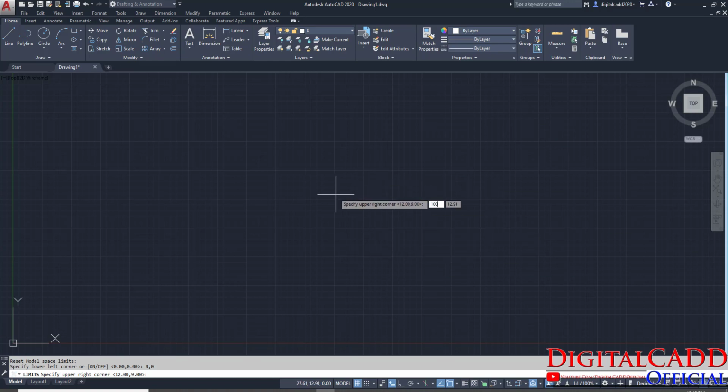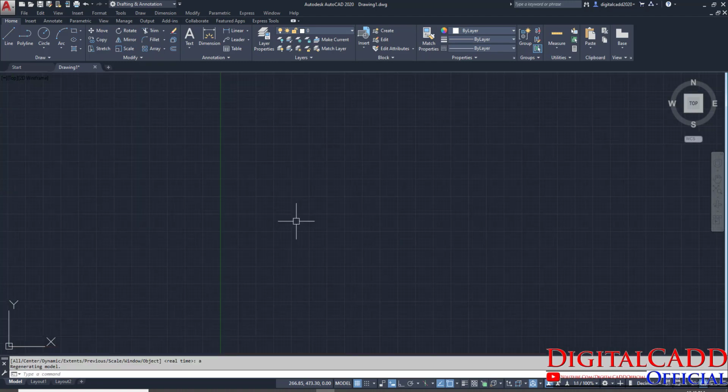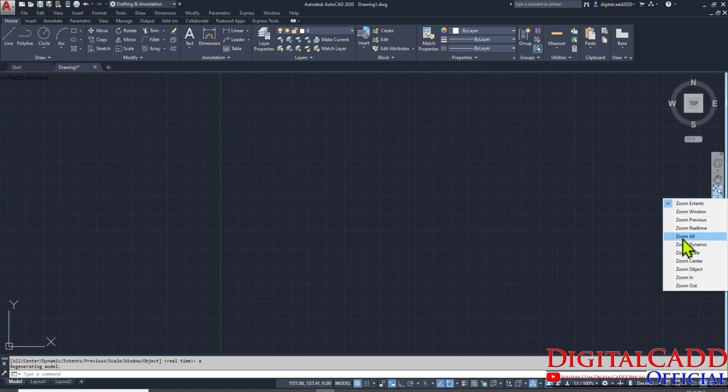I will enter 1000 mm by 1000 mm for now. We can change the limits of our drawing later, anytime, whenever you want. Okay, so that is done. We have set units, limits, and press Z enter A enter. That is the shortcut for zoom all. Otherwise we can just click here zoom all.